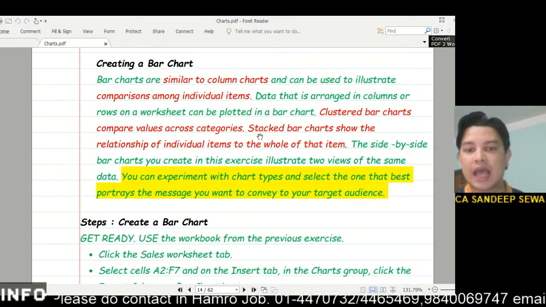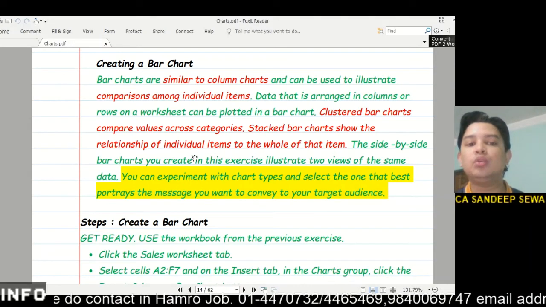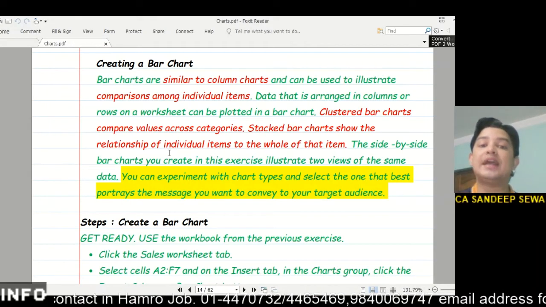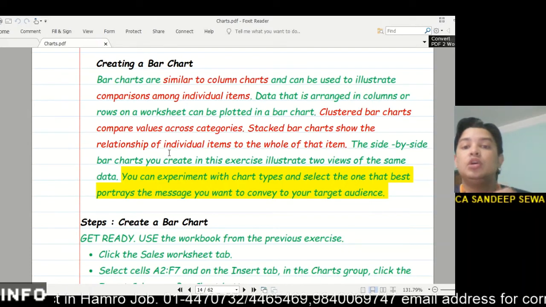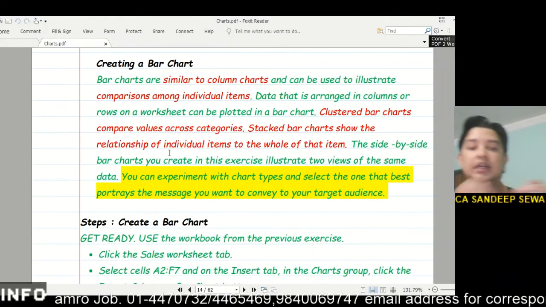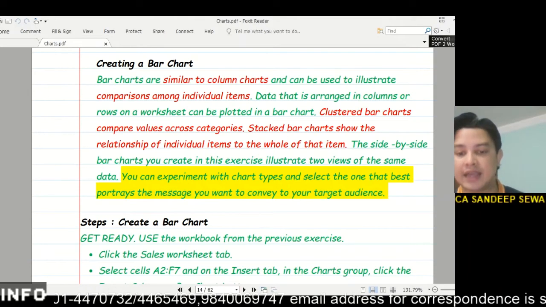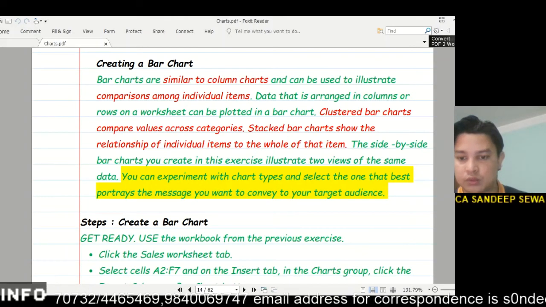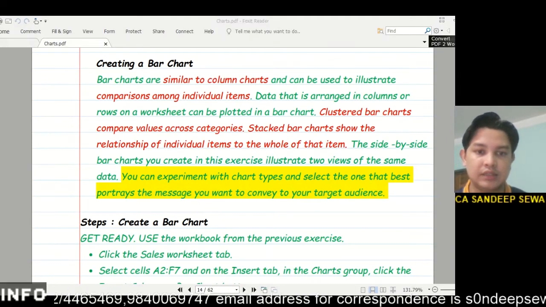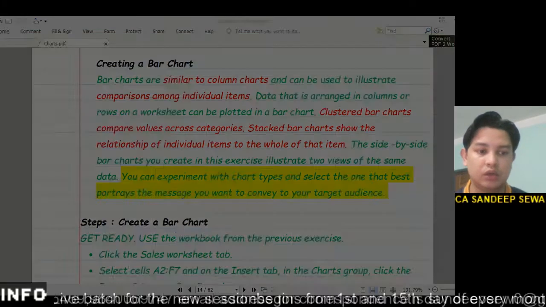Another is the stacked bar chart, which shows the relationship of individual items to the whole of that item.